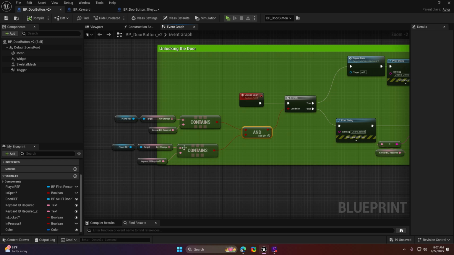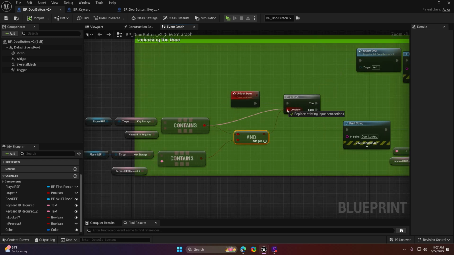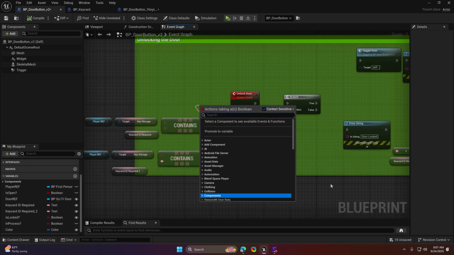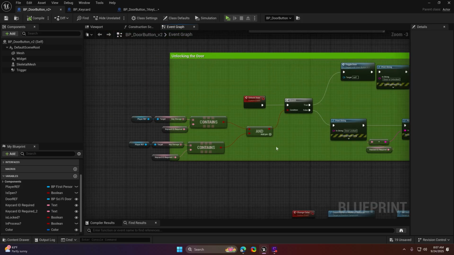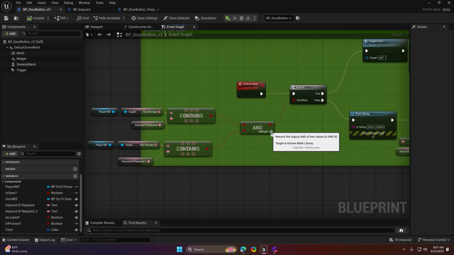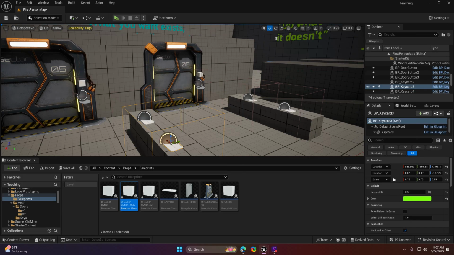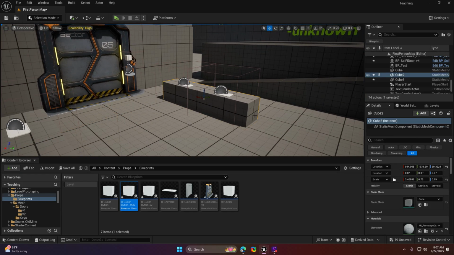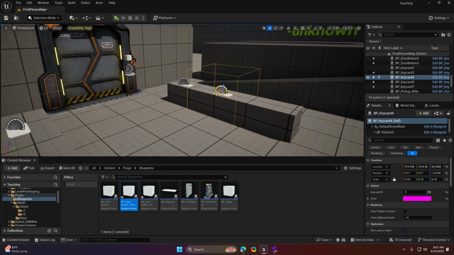Just remove this and just connect that directly to it. Or have this AND Boolean and just keep, like, if you wanted this to be 3 keys, let me just move that over. So if you wanted this to be 3 keys,